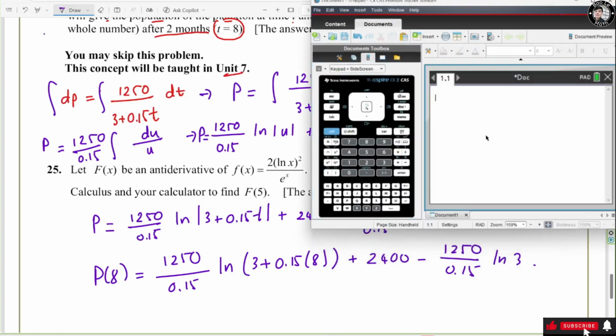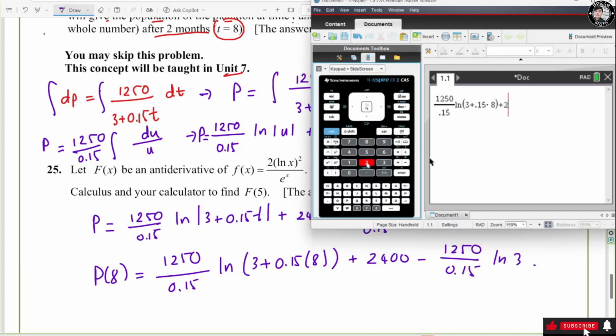I'm going to add calculator, so I'm going to hit the button right here, put the fraction 1250 over 0.15, right, times ln of 3 plus 0.15 times 8